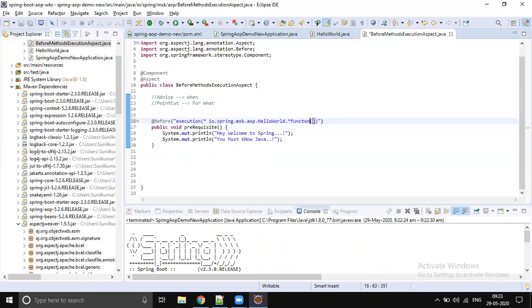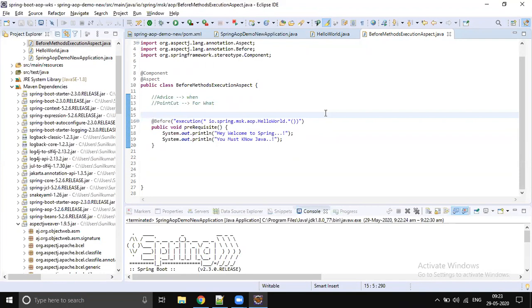For getter methods, get star. For setter methods, set star. If you would like to execute for every method, use star. Okay, that's fine. Any doubts or questions with respect to what we discussed?